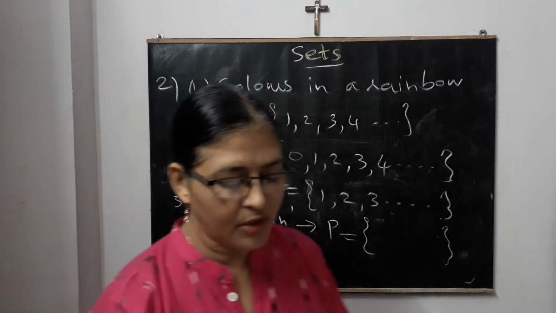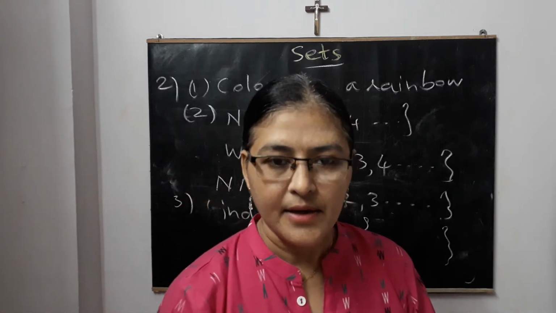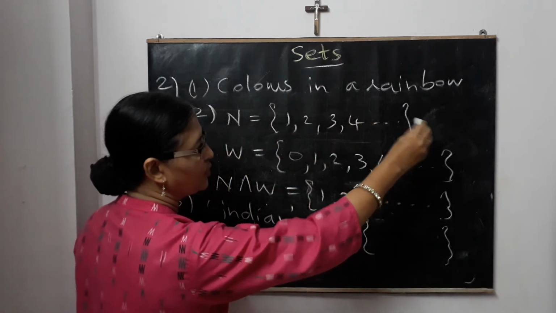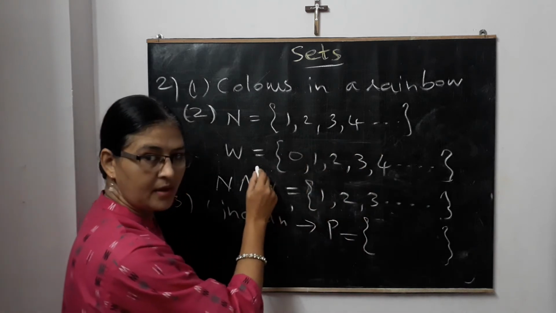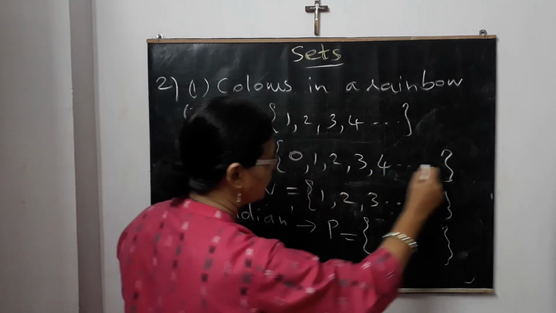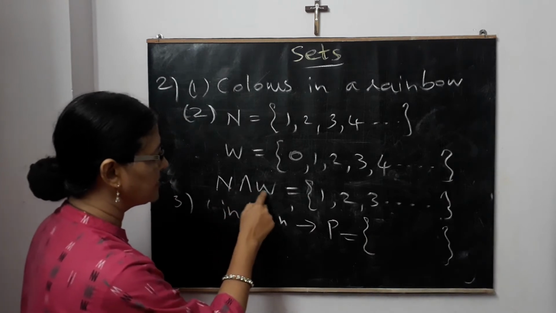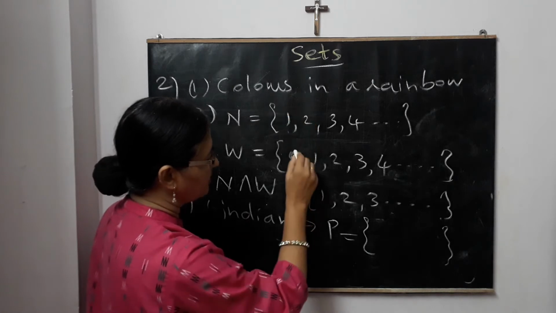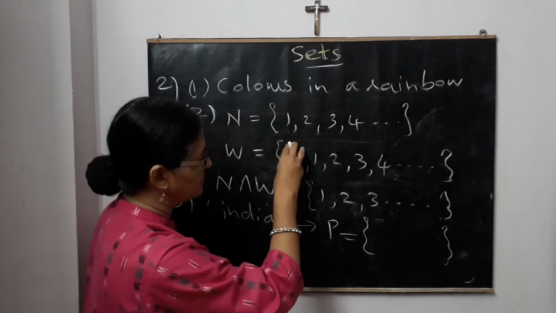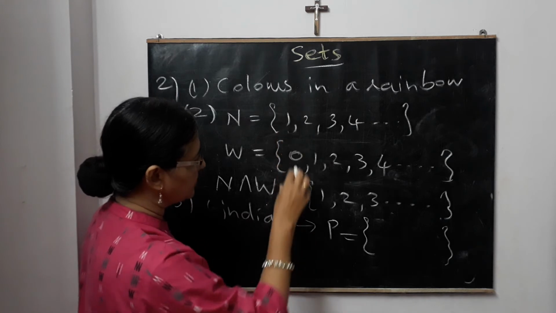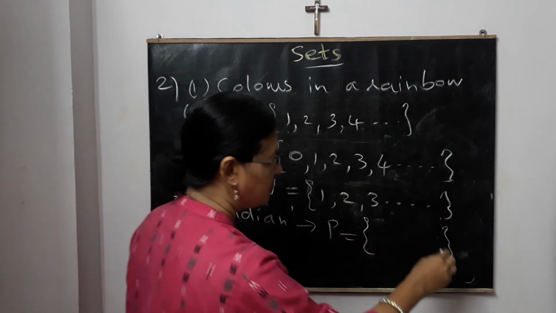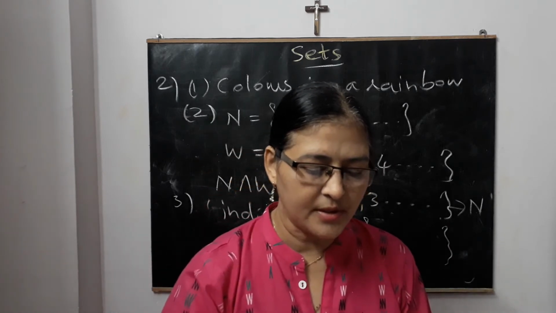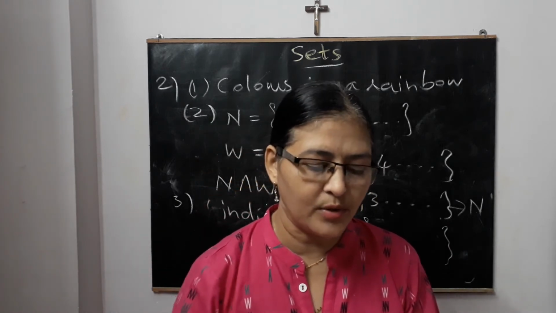Second question is, which of the following sets represents N intersection W? What is N standing for? Natural numbers starting from where? 1, 2, 3, 4, and so on. Okay. And W is the set of whole numbers starting from 0, 1, 2, 3, 4, and so on. Among that, N intersection W. What will you have? N intersection W, see whatever is common. It is the smaller, because W becomes the bigger set. 0 is one more element. So among that, the intersection answer will be 1, 2, 3, 4. Means which set will it be? It is the N set. So you have got the option that is asked, A option, 1, 2, 3 and so on.